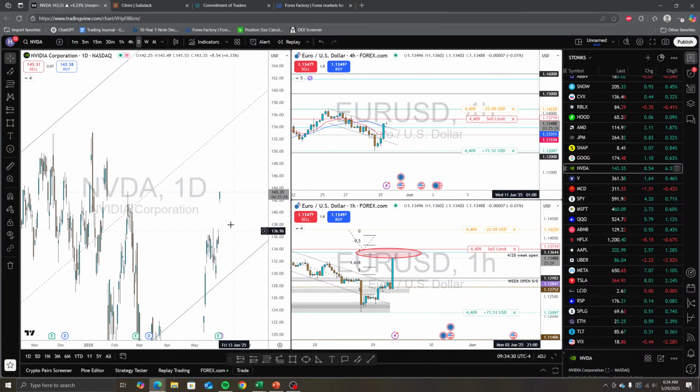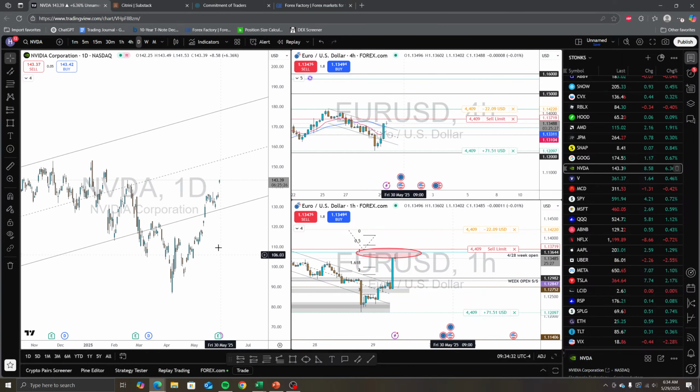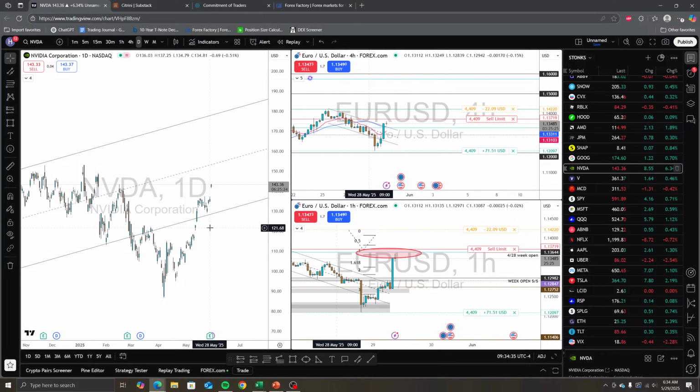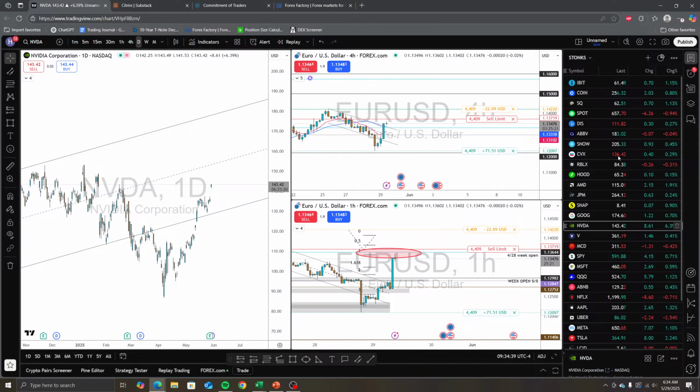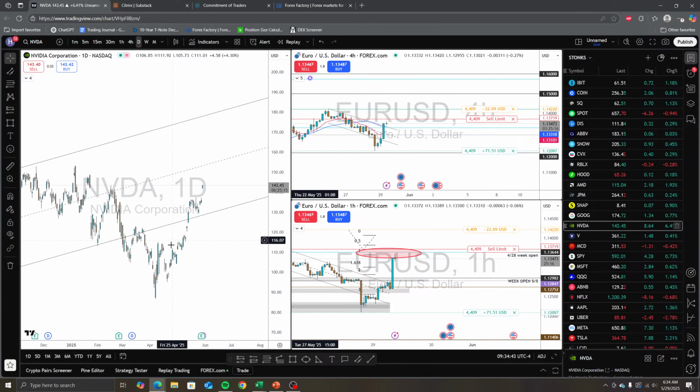Holy shit. Oh yeah, the market's back. Damn, I had a bit before. Yeah, Nvidia is like the, what do you call it, the poster child, the face of the market right now. So if this is up, then it's risk on, baby. It is risk on. So let's see what else we could be looking at.